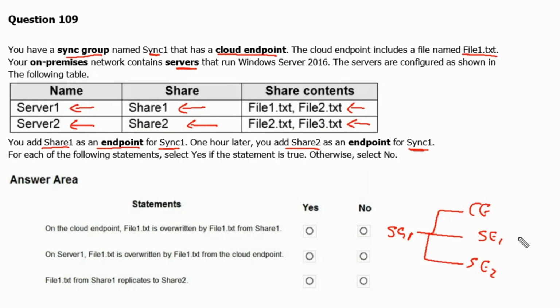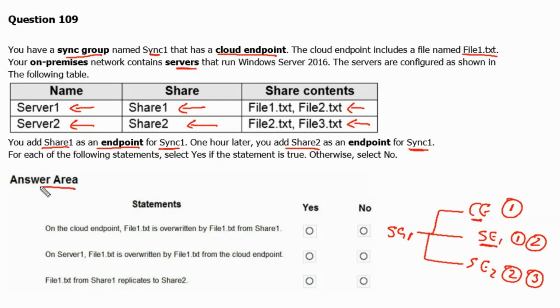We include file1 and file2 through server endpoint 1 and file2 and file3 from server endpoint 2, and file1 is already written on the cloud endpoint.